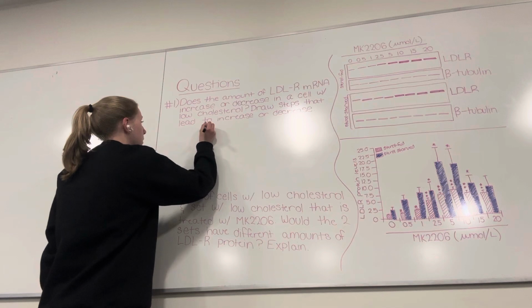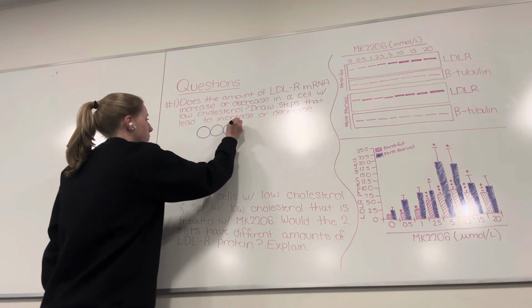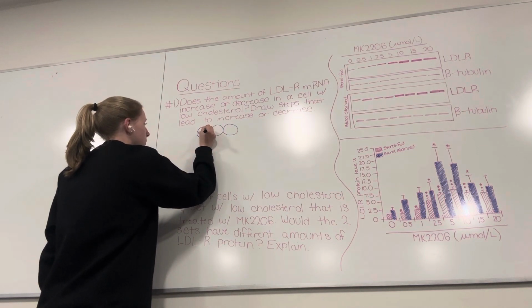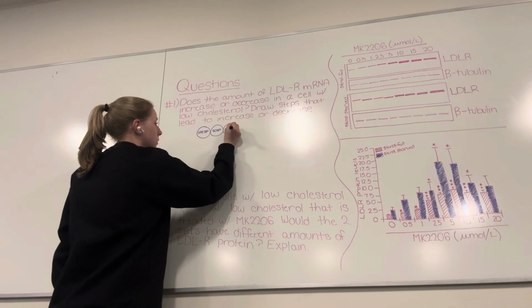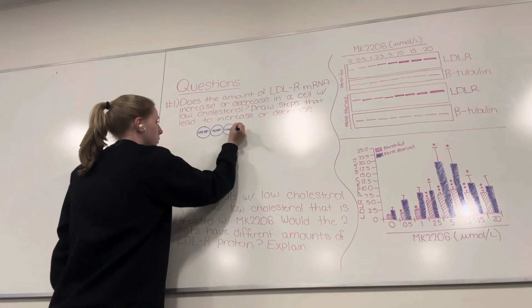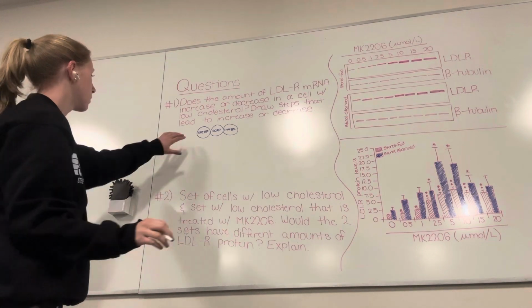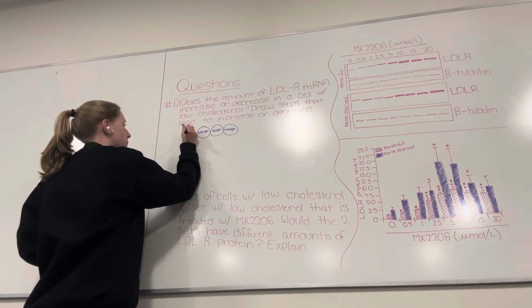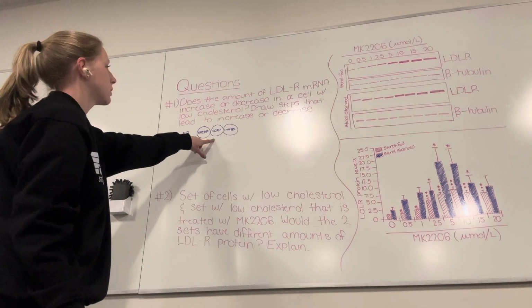So for that, we got our 3 circles that are touching. Here we have our SREBP, and then we have our SCAP, and then we have our Insigs. And so these initially start out in the ER. I'm pretty sure it's one of these two. I think it's SCAP. When SCAP senses the low cholesterol,